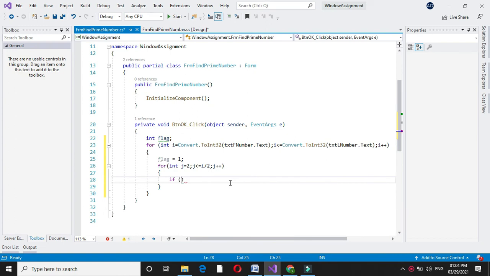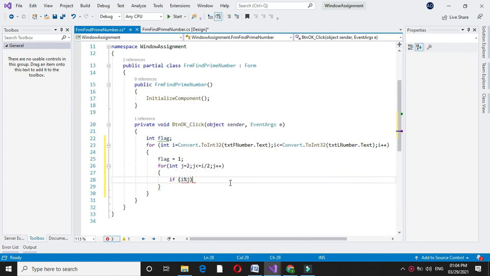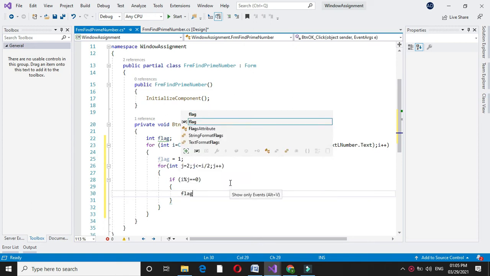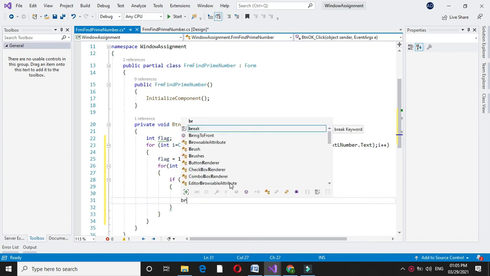Here we will check if i mod j equal to 0, then this number will not be a prime number. So I will set flag equal to 0 and I will break the loop.